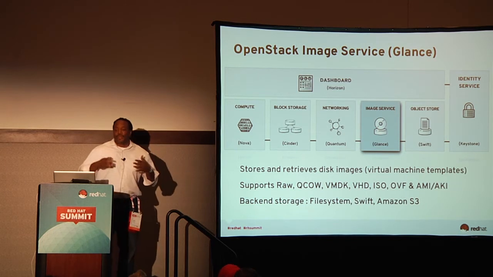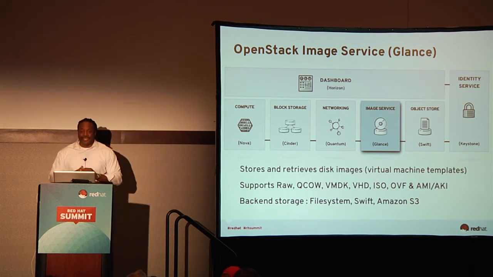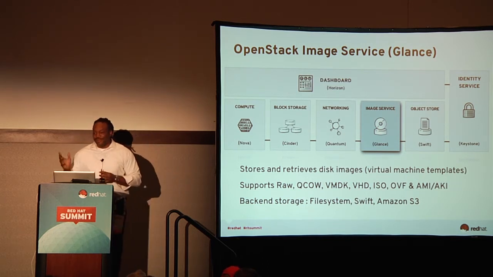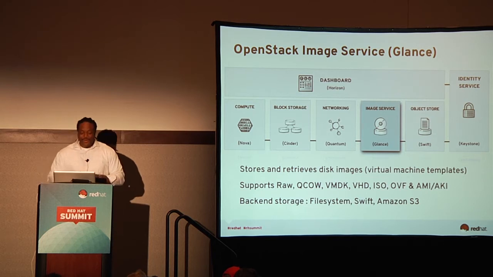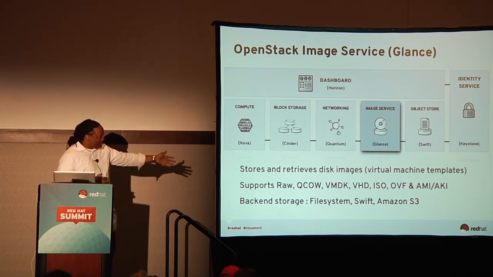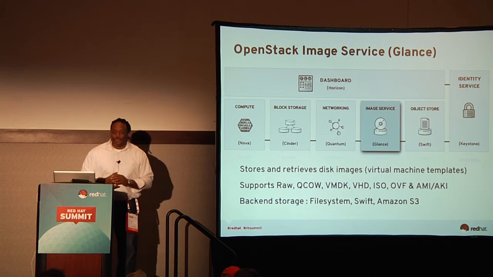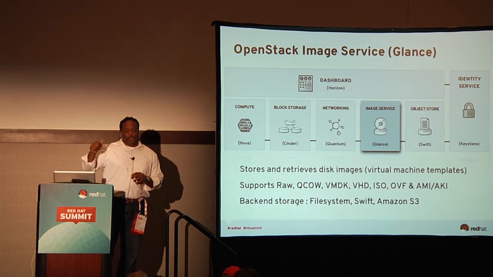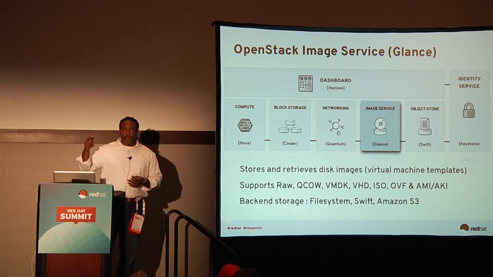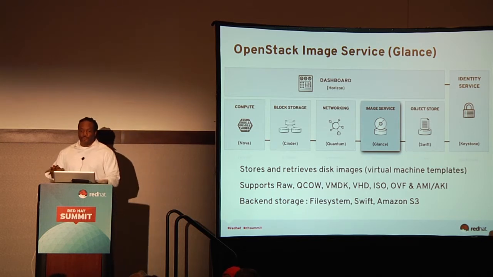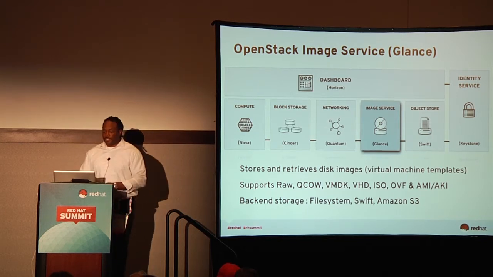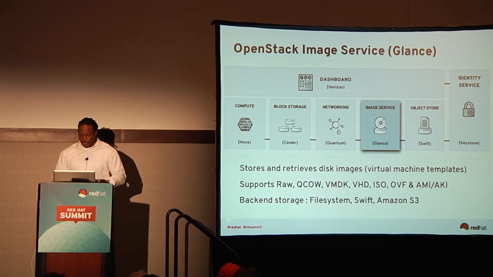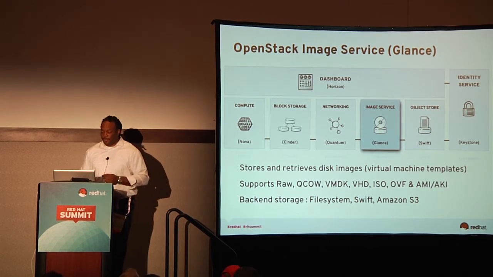So it's more than that. Glance images are disk images, okay? They're not graphical files. It supports raw disk images, QCOW, you see on the screen there, ISOs. And it's kind of a catalog. So when you have a request for a particular image, Glance says, hey, I know about that image, and here's where it is. It's that simple. And it is responsible for storage for those images as well, okay? And we'll see Glance come up in a minute.